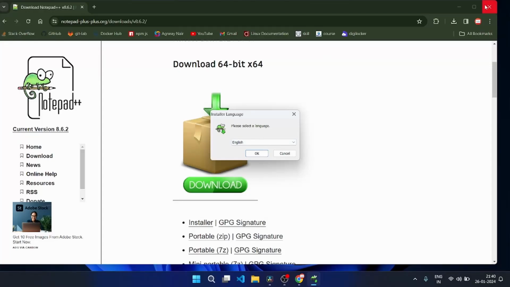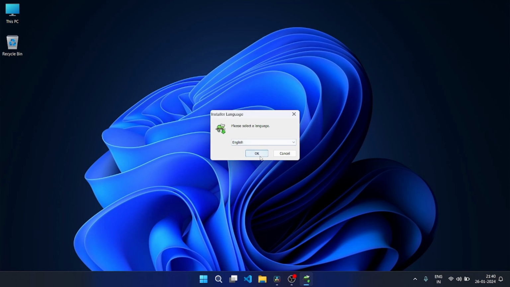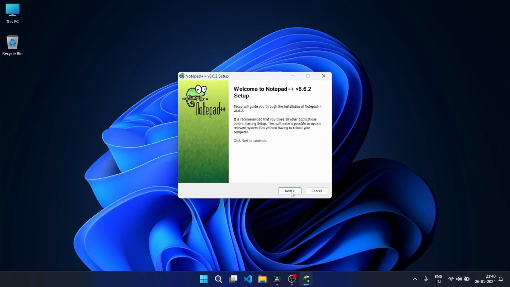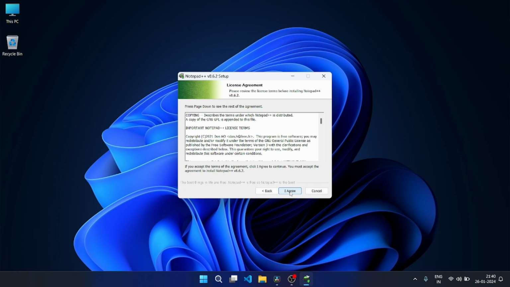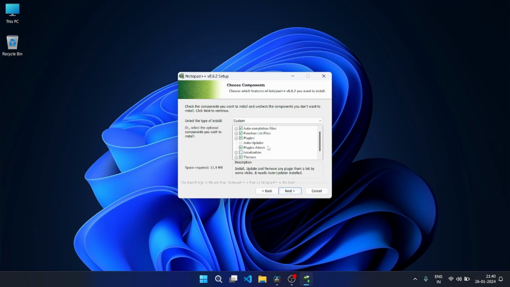Feel free to close your web browser. You can select your preferred language. I'm going to go with English. Click OK and click on next. Click on I agree and you can browse the folder where you want to install this and then click next,